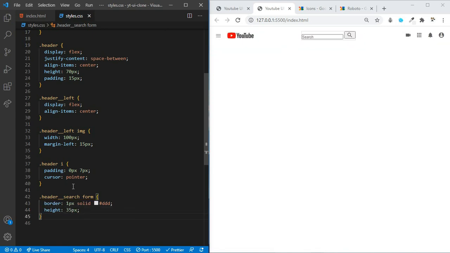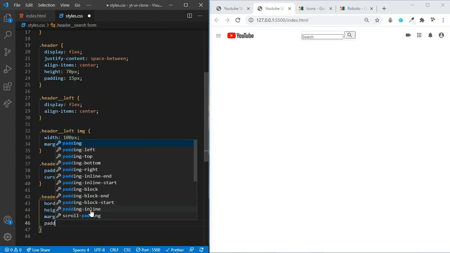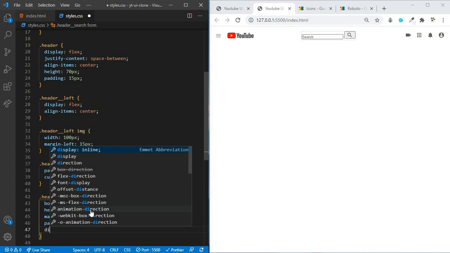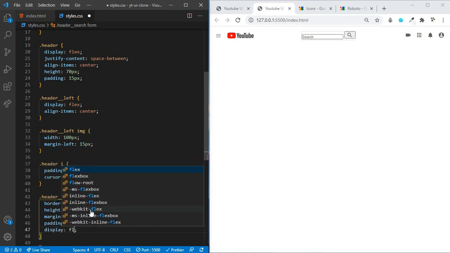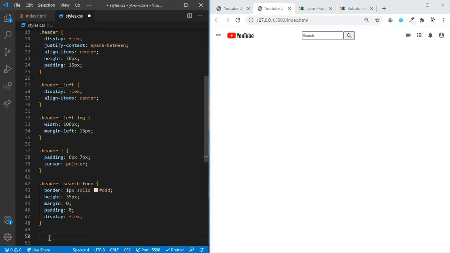Let's save this and check. Okay, now let's set the margin to 0 and also set the padding to 0. Let's also say display of flex. Now let's save.